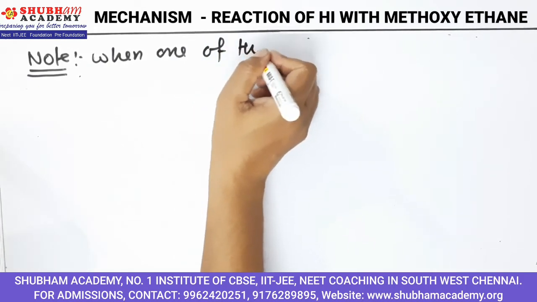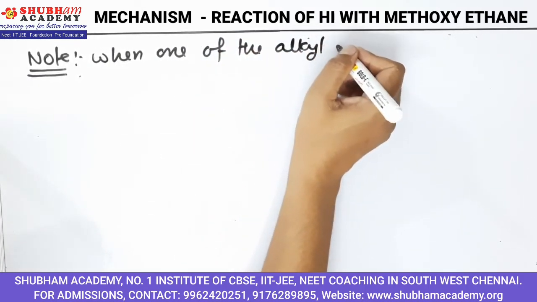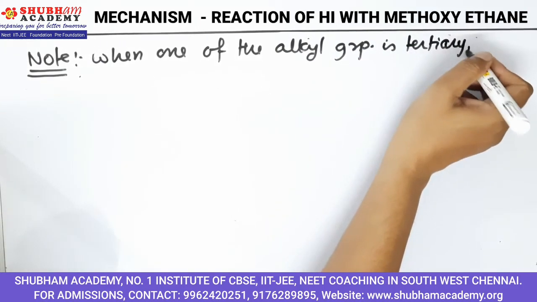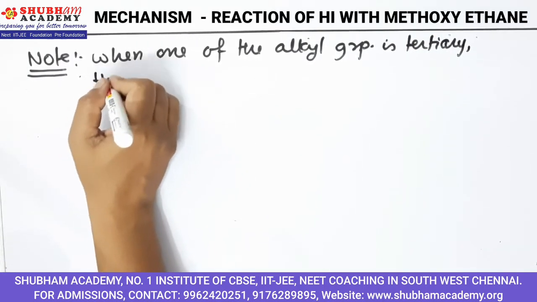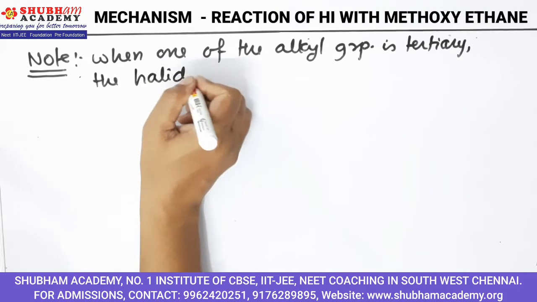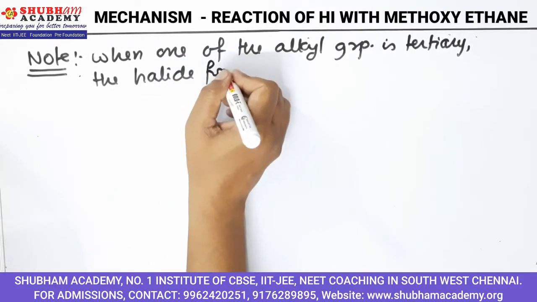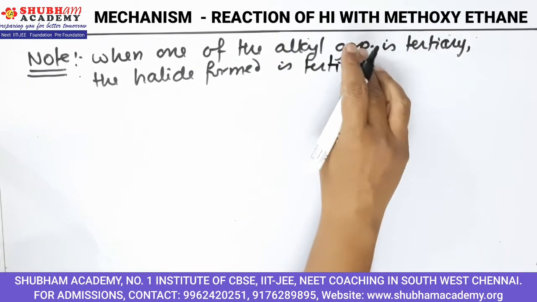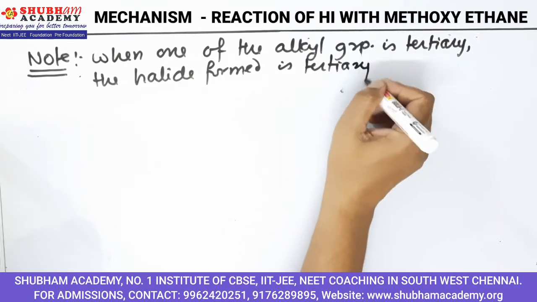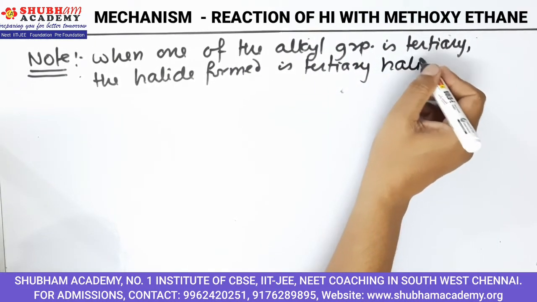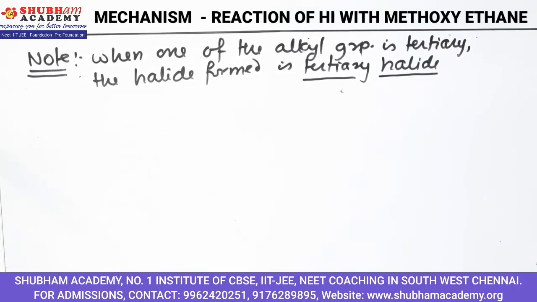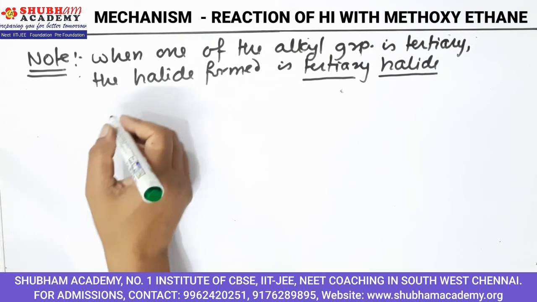So, we are making a note of it: when one of the alkyl groups is tertiary, the halide formed is tertiary halide. Okay. The halide formed is tertiary halide. Now, we will see the reaction for that also. So, the reaction is